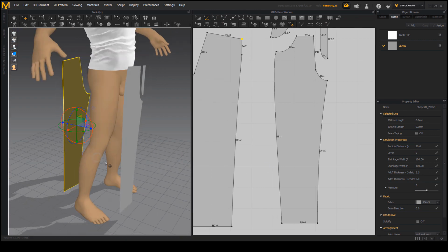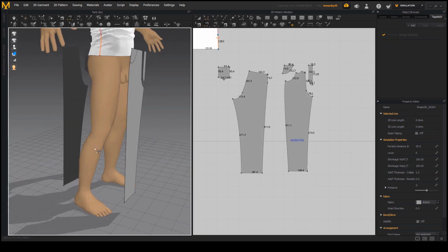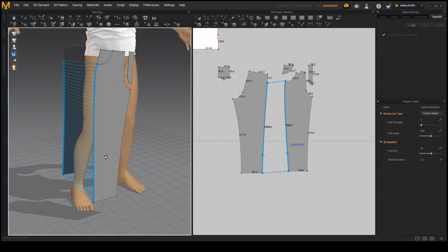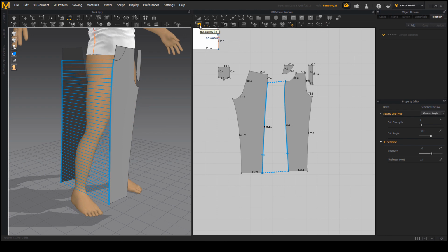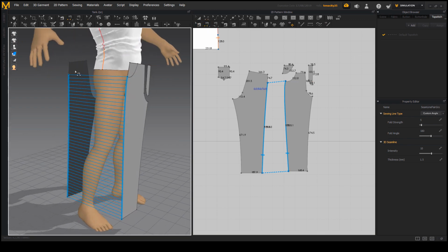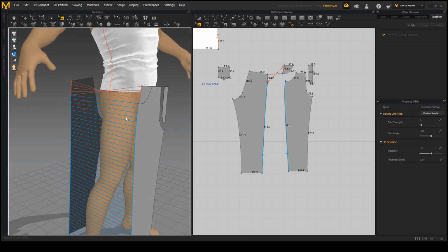Okay, so we can go ahead and start sewing them. Let's go do that. So I'm gonna go to the segment sewing and sew this to this. All right, and you need to make sure that there's no crisscrossing, and if there's crisscrossing, remember to go to edit sewing. You just right click and reverse sewing. All right, going here and I'm going to sew this one to this one, and there's this crisscross. I'm gonna reverse that,